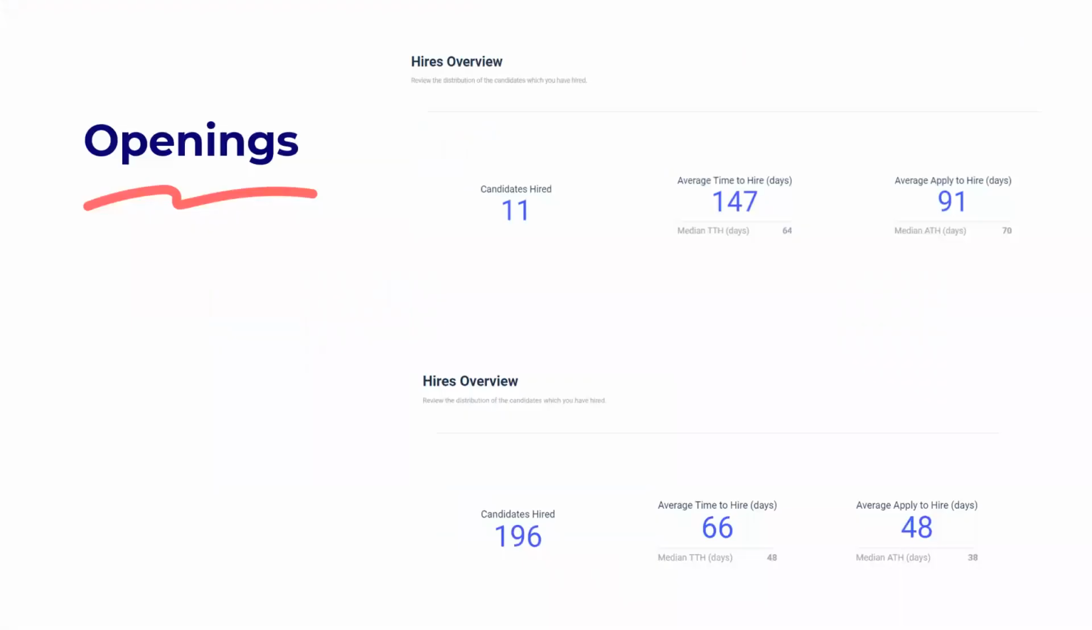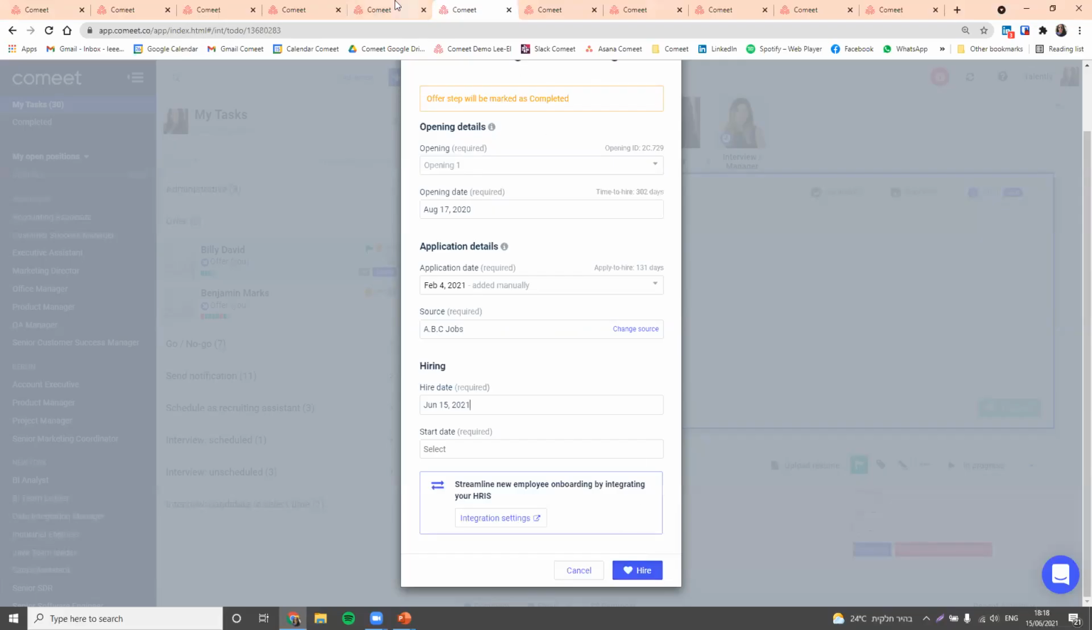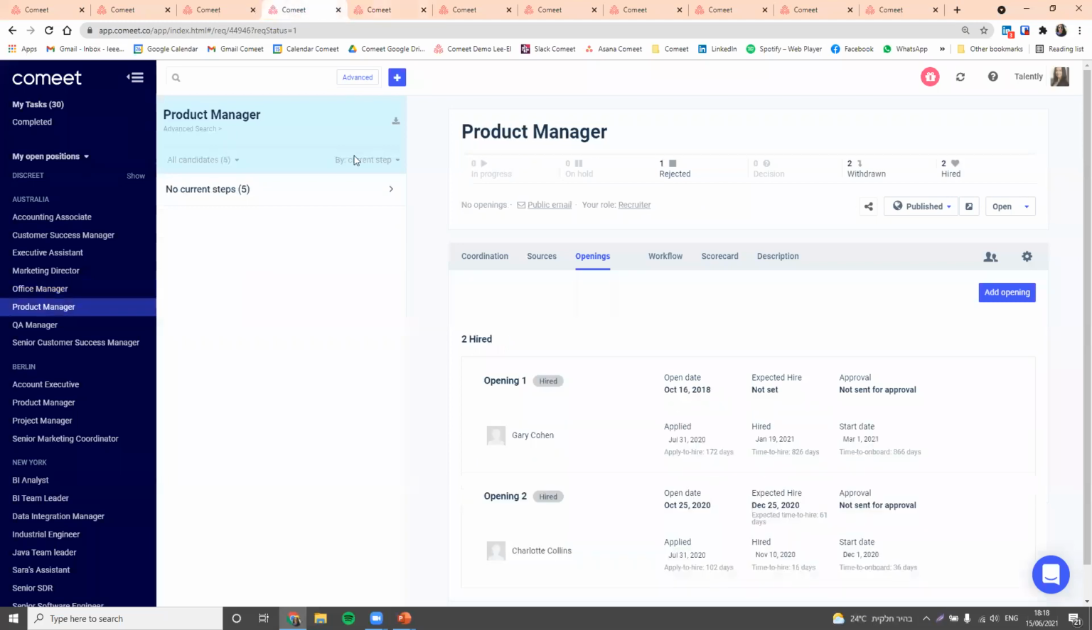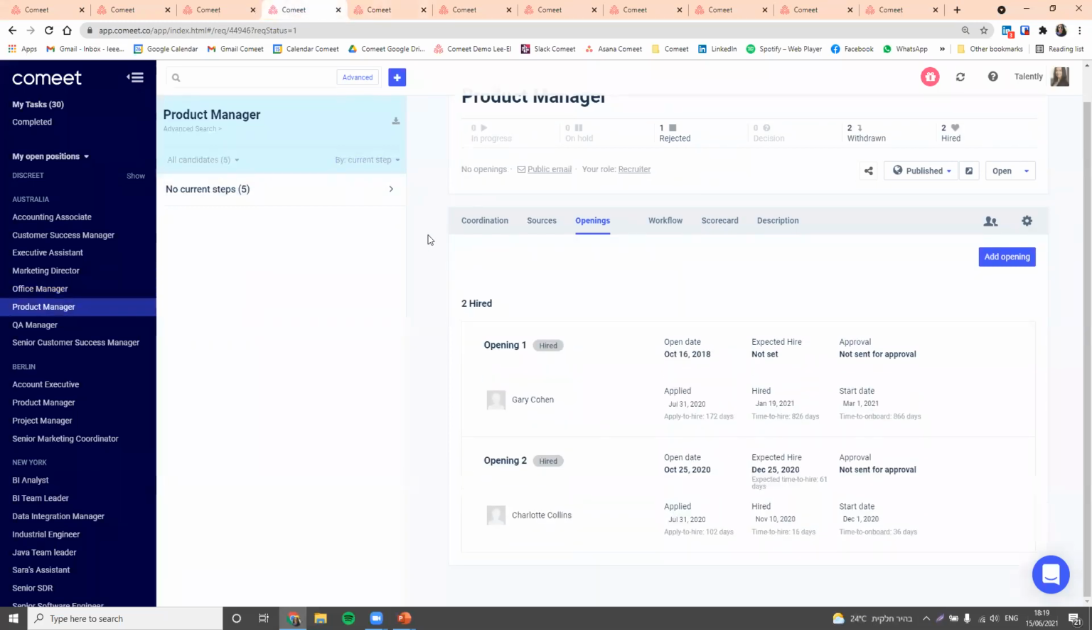Great, so that's pretty much it for openings. The last thing I want to talk about in this context is that you definitely have the option to go back and edit openings. So if I'm just hopping back into the system, if I want to look over here at the product manager position, I have 2 openings that I've hired for. But if these dates haven't been entered correctly, maybe the hire date was actually the start date and I entered the same date twice,